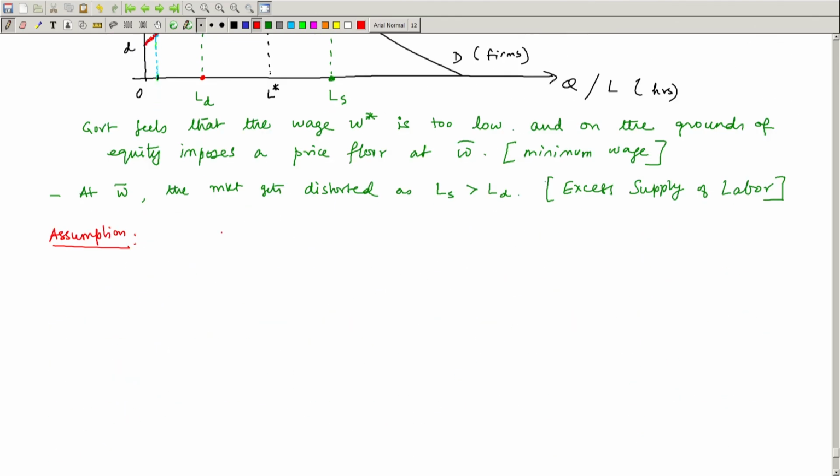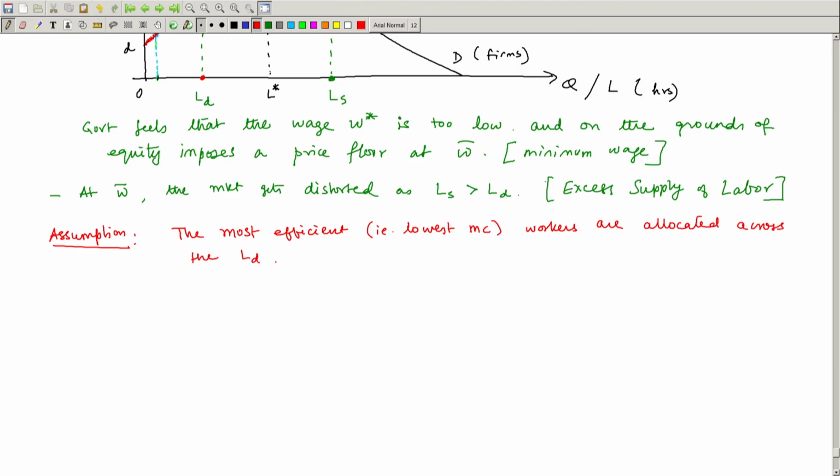So, the assumption that we are going to be imposing is that the most efficient, i.e. the lowest marginal cost, the most efficient workers, labor hours, are allocated across